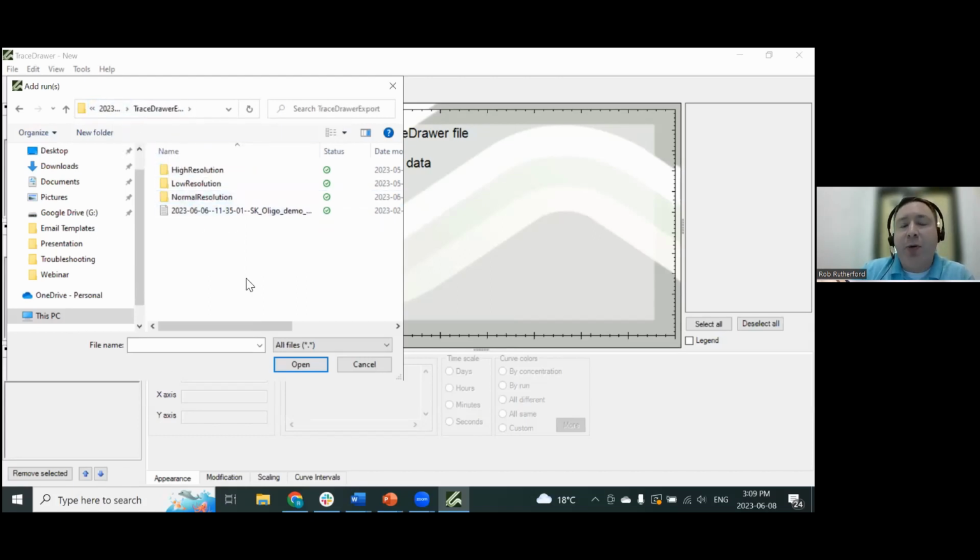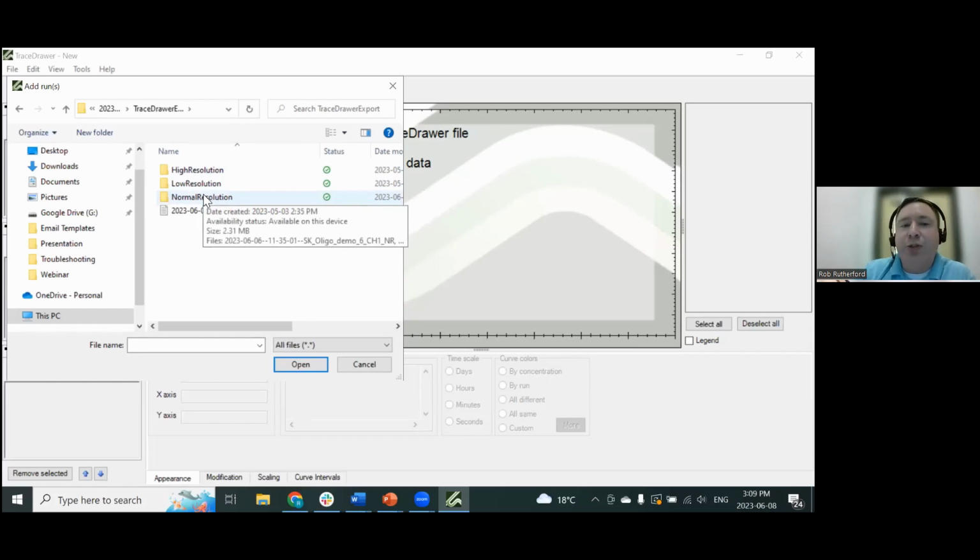the TraceDrawer export, and you're then given 3 different options. These are just different resolutions of the same data. It's just a different number of data points presented per second. We always work with the normal resolution. These have been used in publications. They're really nice to process through TraceDrawer. You're welcome to use either of the other 2 if you prefer, but for today, we're going to start with